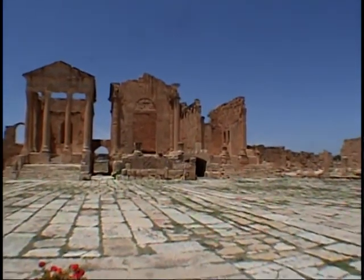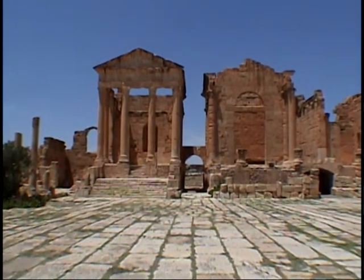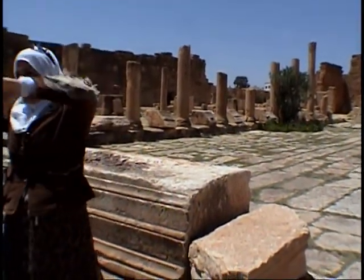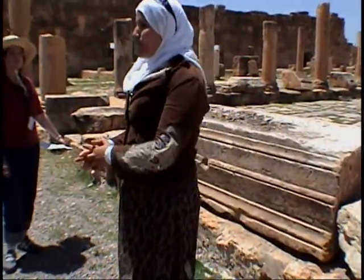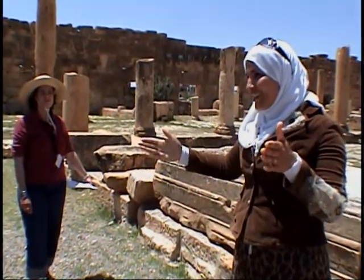Yeah, the gateway. And this column is used in the Roman period in order to support the portico to cover the forum for the south, east, and north part. The latter part is covered, and the middle is open. Okay, and the western part is occupied by the unique capital, and the walls composed by 3 temples, 3 separated